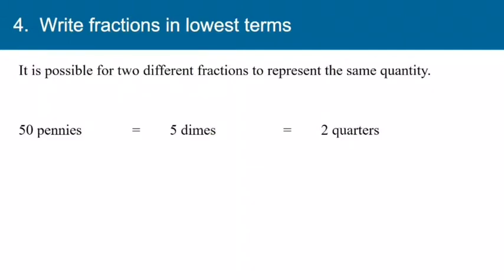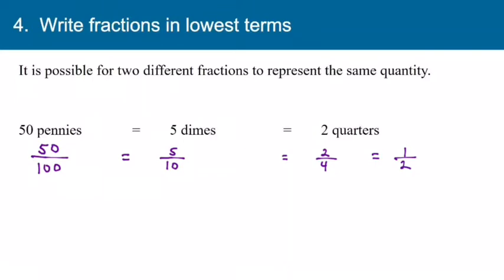Now remember, the denominator of a fraction tells you how many pieces it takes to make a whole. So if you have 50 pennies, you have 50 items, but it takes 100 to make a whole. So the fraction would be 50 over 100. And if you have 5 dimes, then you have 5 pieces, but it only takes 10 dimes to make a whole. So the fraction here would be 5/10. And if you think about quarters, you know it takes 4 quarters to make a whole. So you have 2, but it takes 4 to make a whole. And since each of these amounts represents half a dollar, we know that each of these fractions is equivalent to